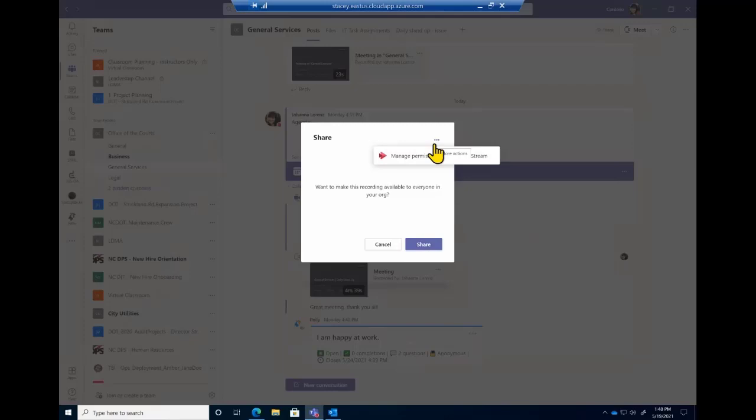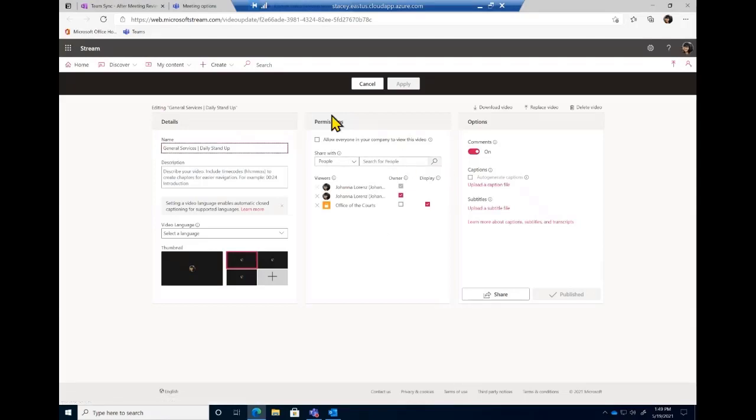So if I click on the 3 dots, because maybe I wanted to share it to my boss, or maybe I wanted to share it to a colleague that was out, and didn't want to make it available to everybody, you can click Manage Permissions. What it's going to do is open up Stream on the back end, and it brings you directly to the permissions page.